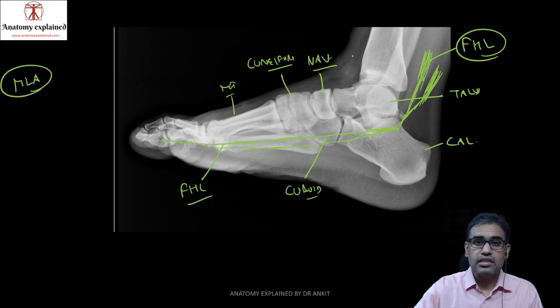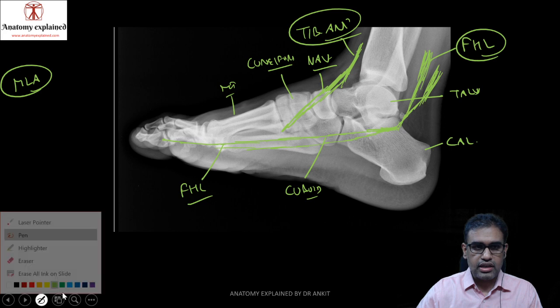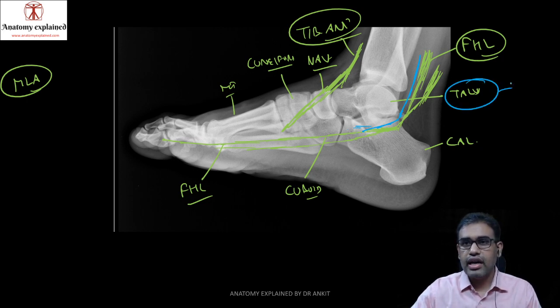Then we have a couple more tendons which are meant for inversion of the foot. We have the tibialis anterior coming from the front, and where does that go? It goes into the cuneiform as well as the first metatarsal. This is your tibialis anterior tendon, very important. Similarly, we have another tendon. Let us mark it in a different color now: tibialis posterior. That comes again from behind, from the posterior compartment of the leg. It will again turn around the ankle and go forward. It mainly inserts into all of the tarsals except the talus. Remember, the talus has no muscular attachment. It has only ligamentous attachments.